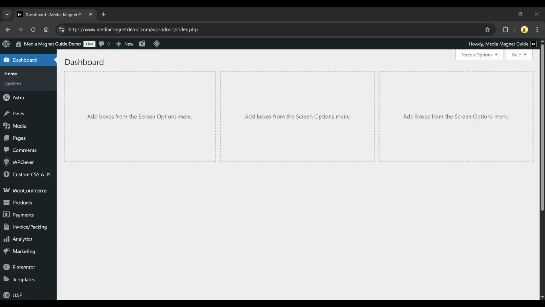Want to create a header in Elementor? In this video, I'll guide you step by step so you can build a custom header for your WordPress website